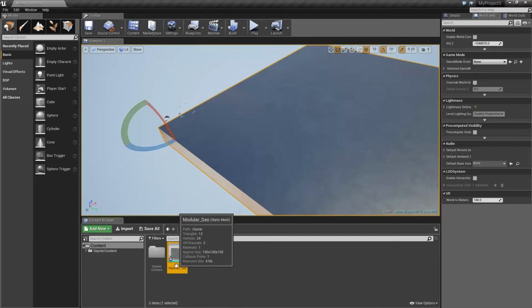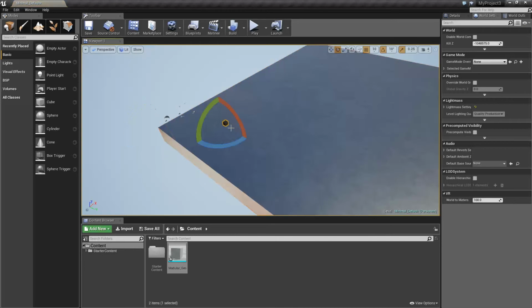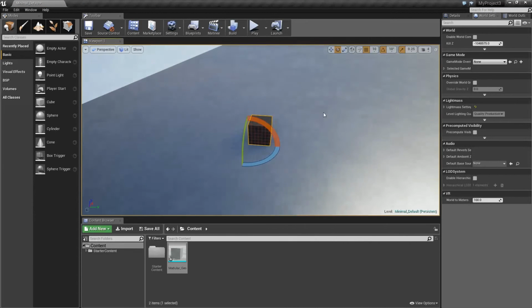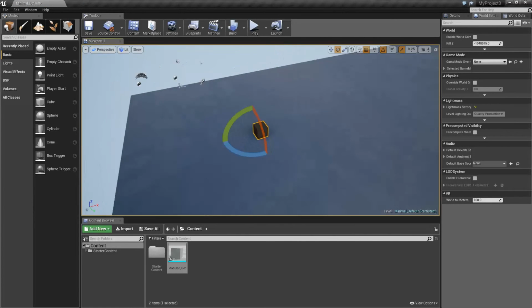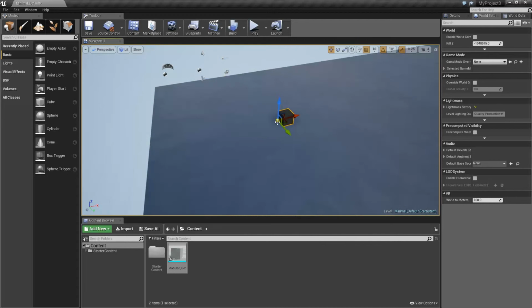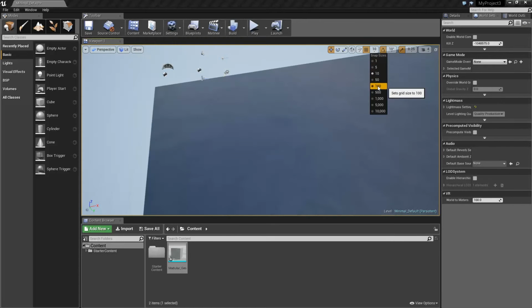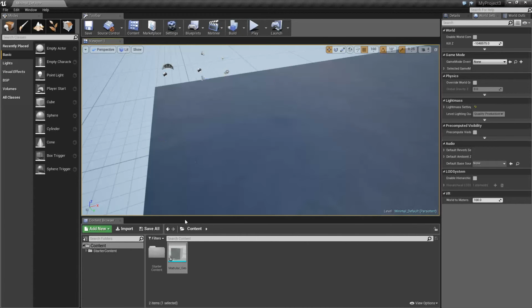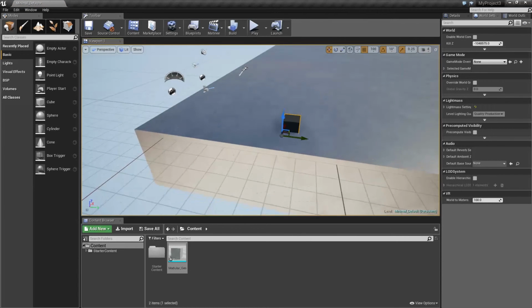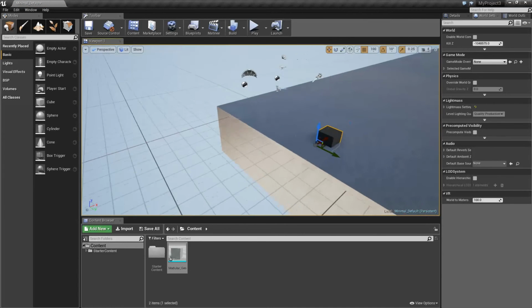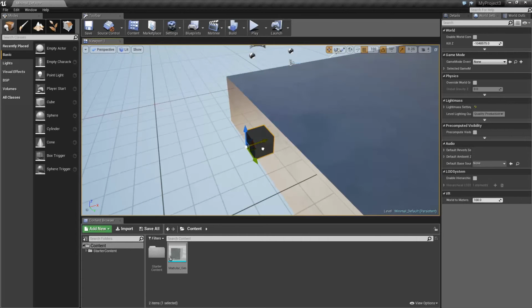And here is our geo. So if we drag it out, we see if we can put this on the grid. Alright, so really important, because the UE grid is in centimeters, we're going to want to switch it to 100. That's going to be a meter each grid, just like how we had it set up in Maya. So we'll click snap. There we go. And as you can see, as I drag the cube along, it's perfectly snapping to this grid,